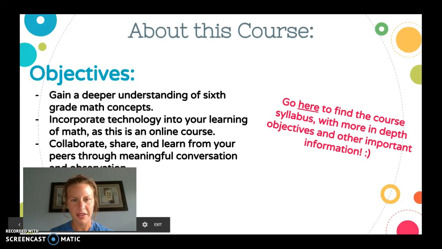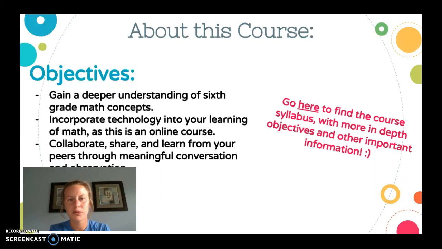A little bit more about this course and what I want you to learn. For some more in-depth objectives and the objectives that are tied directly to the math, I want you to go to the syllabus, which is linked here. I have those listed out very detailed, and they're all right there. But some overarching objectives and some goals I have for you.